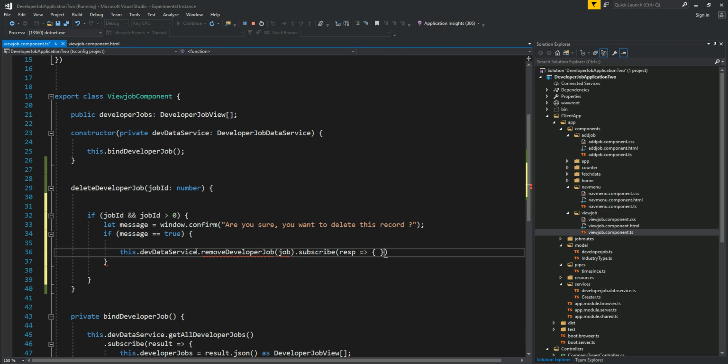It takes two callback function parameters like that, and then if the result is successful here,